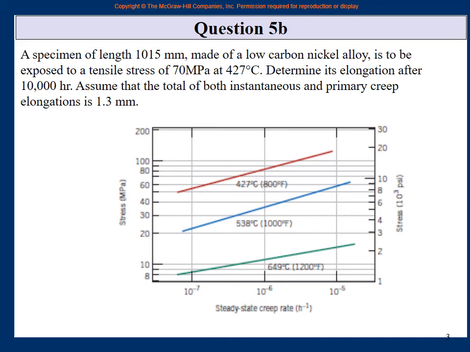So this is the reference. This is figure number so and so or page number so and so in the Callister book, and I am taking the value from here. If somebody is least careful, he should not go to the internet during an exam. But if you have gone there, then you write that I found this graph somewhere on the internet.